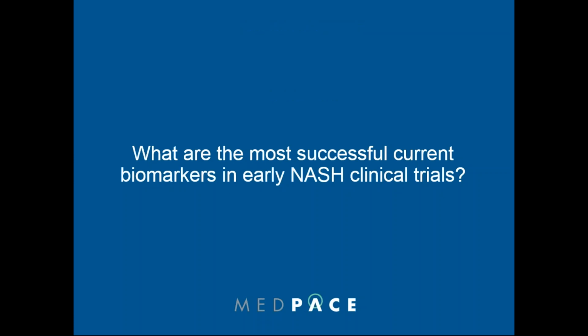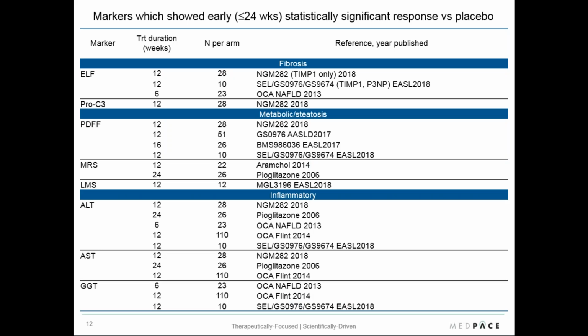So switching gears a little bit now to the biomarkers in early NASH clinical trials. I just wanted to pull up this table, which is the listing of the biomarkers which showed an early, which I arbitrarily defined as less than 24 weeks, yet statistically significant response versus placebo in NASH trials. So this list is fairly long and robust. There are some missing biomarkers; we can talk about this in a minute. But I think at this time we can be fairly confident of responsiveness and overall validation, if you like, of a number of non-invasive biomarkers, both imaging and liquid,